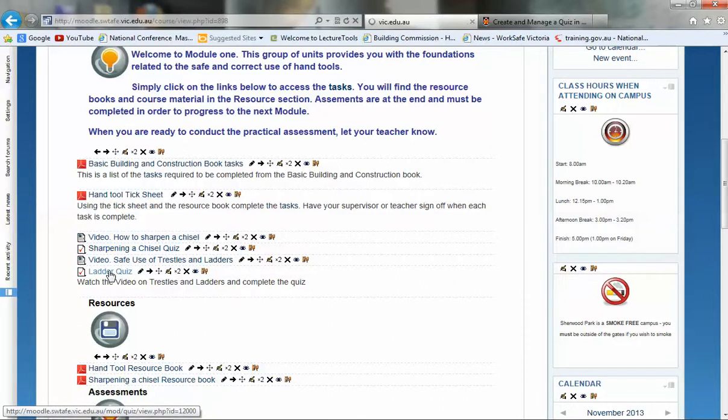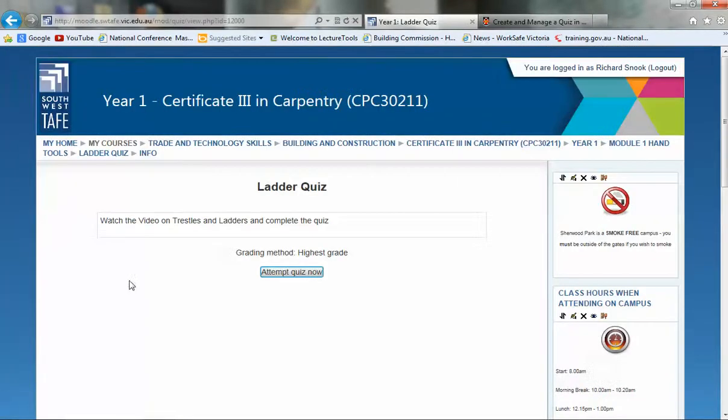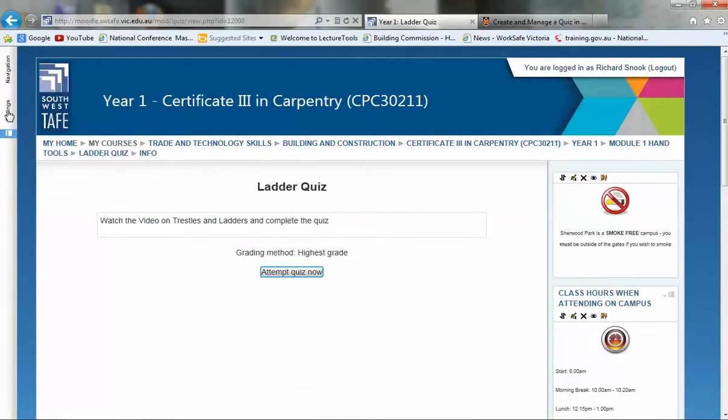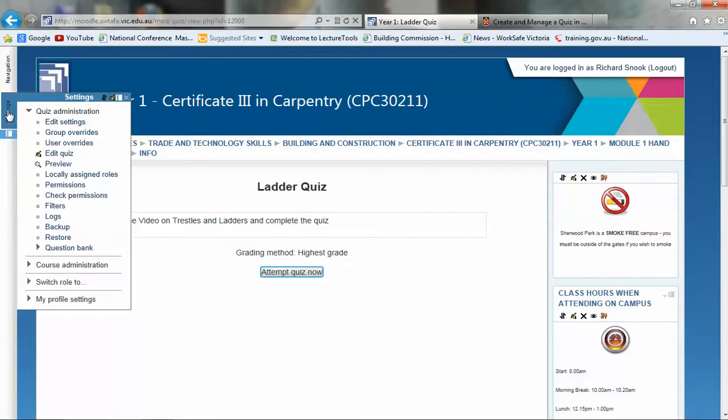If you've already done the quiz, you'll find that you come up with this page here, and you go, oh hang on, how do I add another question? And if you just attempt the quiz, it goes back into the quiz. So you go to your settings on the side here on the left, or it'll be in a box on your screen, and there's an edit quiz button there. Click the edit quiz,